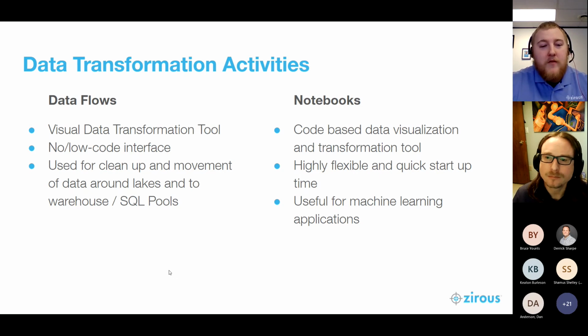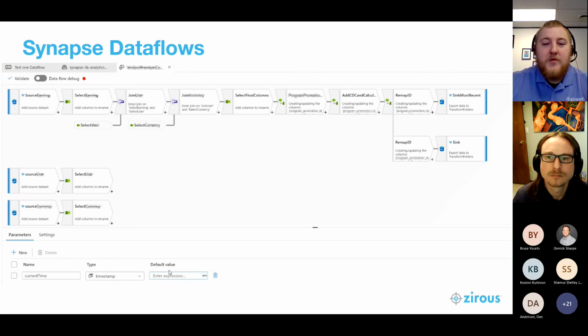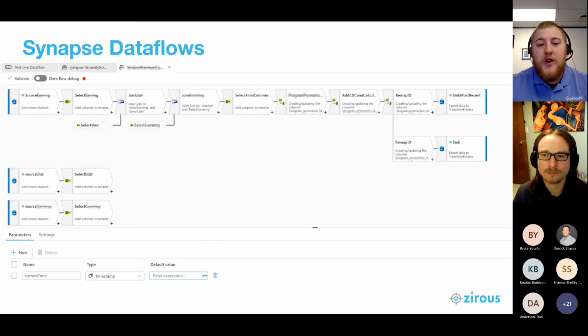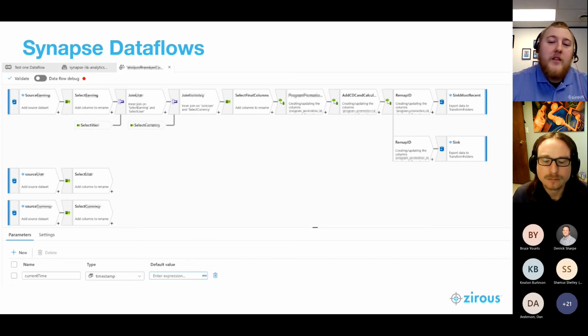Now, I would be pretty evil if I said how visual data flows were and then didn't give you an example of what one of those looked like. So on screen now, we can see an example of a data flow taking in multiple different sources, joining them together, cleaning up the data, and then syncing it into a different zone in our data lake.